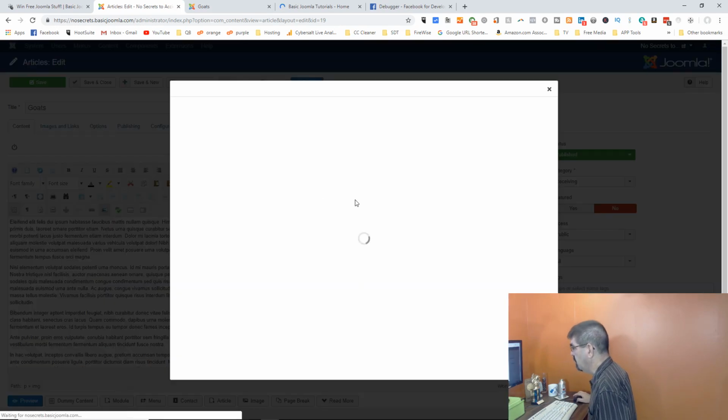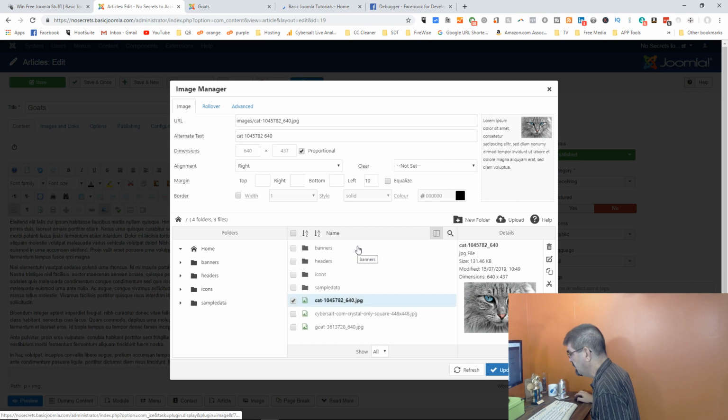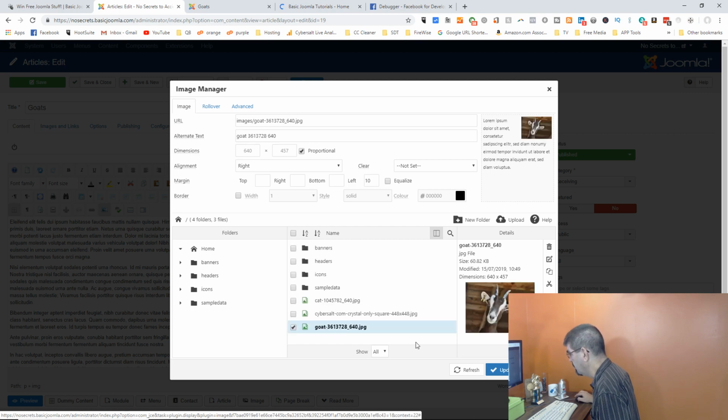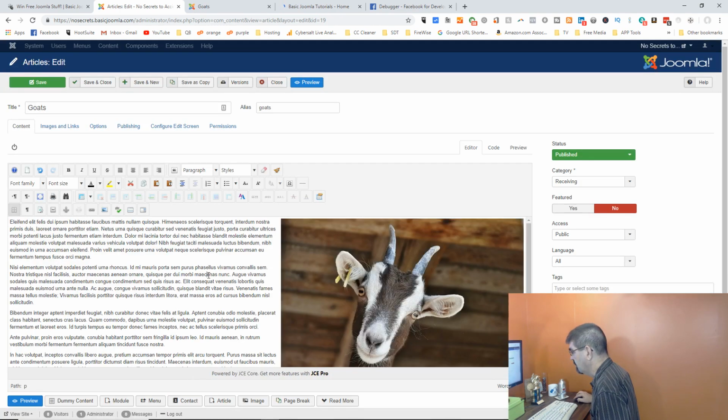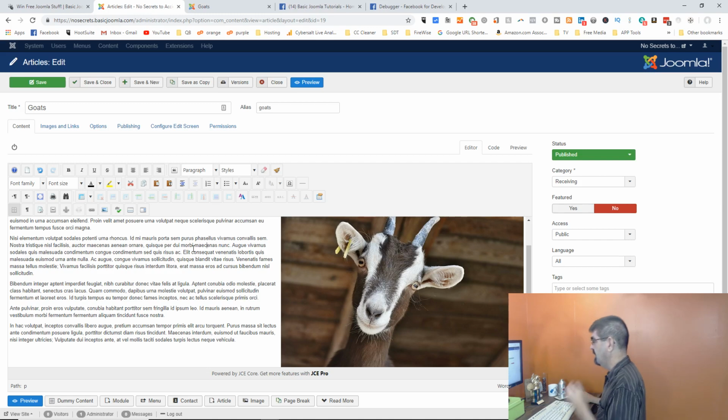So we will go and we will look. I just have it sitting there already. There it is. Let's go with a goat. This goat is kind of looking at me fondly. Like, oh, Tim, you've done it again. Now look, if I save this,